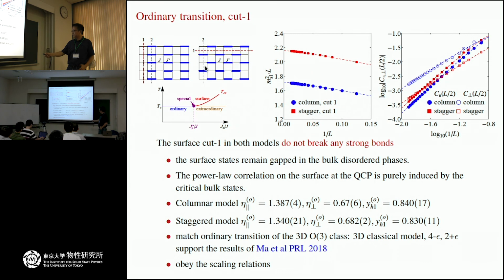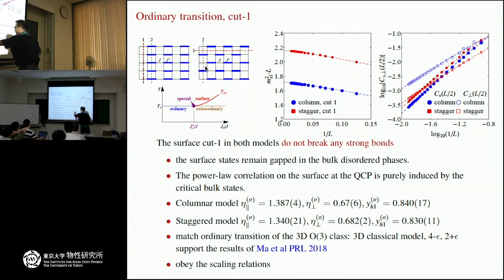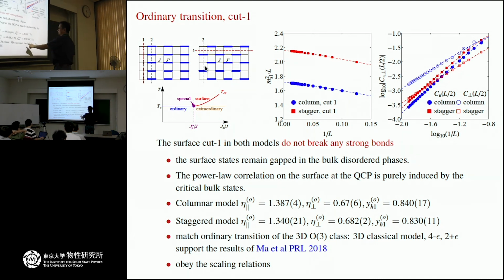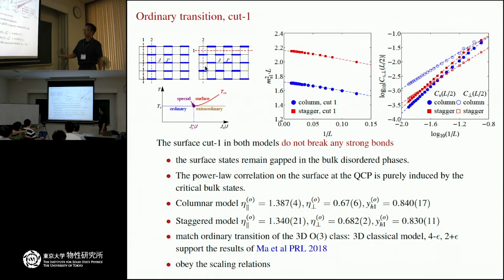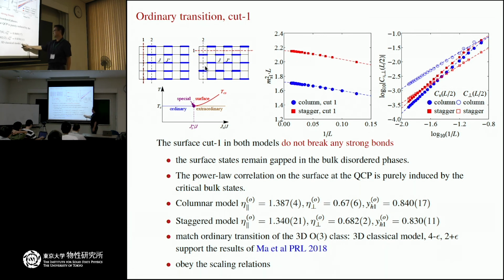Okay, and this, okay, I'm wrong, I made a mistake. These numbers also agree with classical simulation. Yeah. Then other tests, they already measured it in the 3D O3 model, and it also matches the field theory calculation, the RG calculation of 4 minus epsilon or 2 plus epsilon. So this is